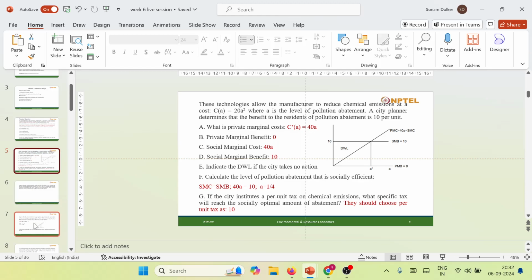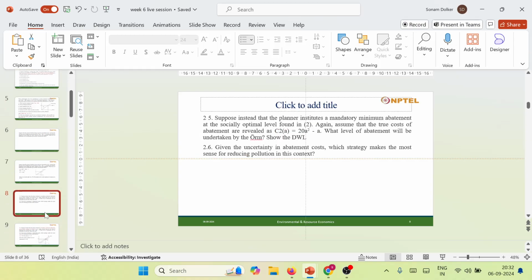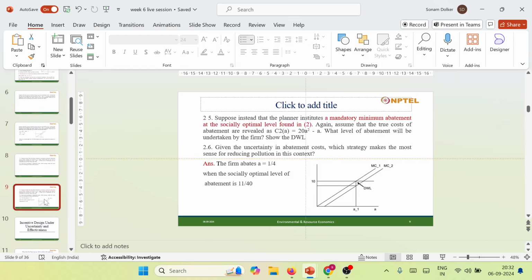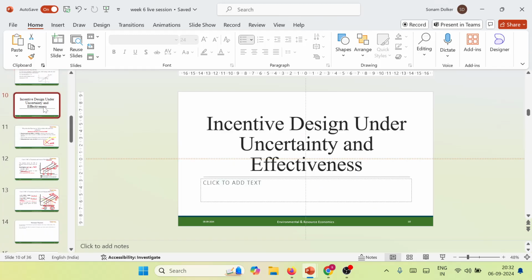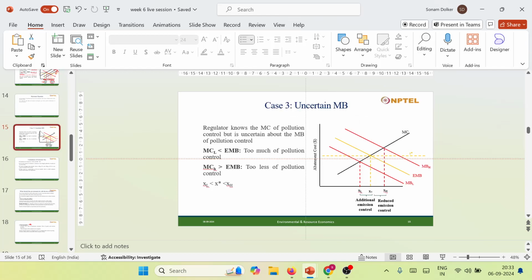From here we have solved the questions with different marginal costs also, and then we come to the incentive design in various uncertainty cases, and what is the effectiveness of different pollution control, including the taxation system and tradable pollution permits. So we have concluded that in case of